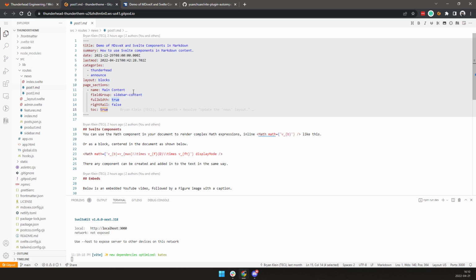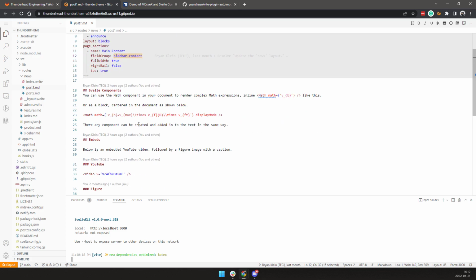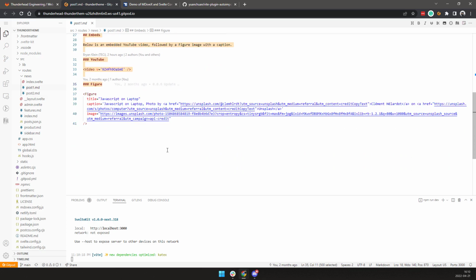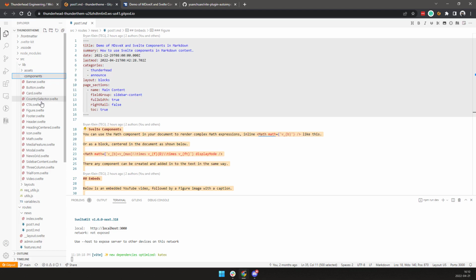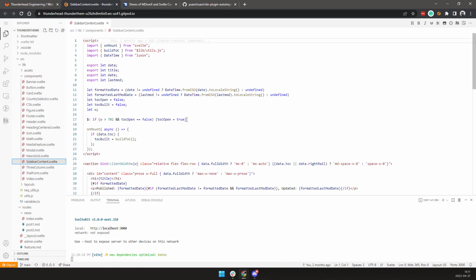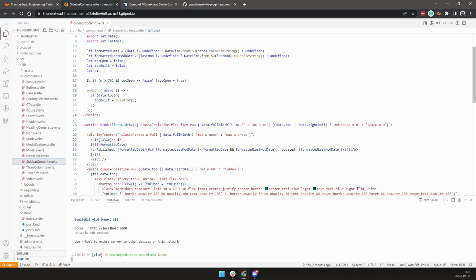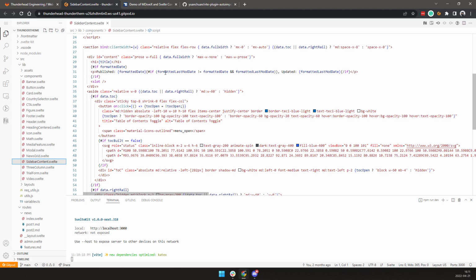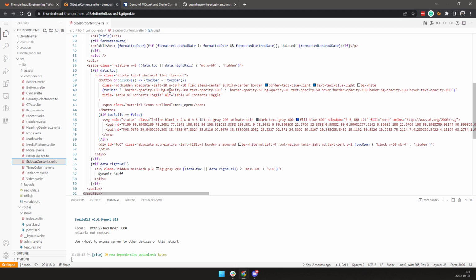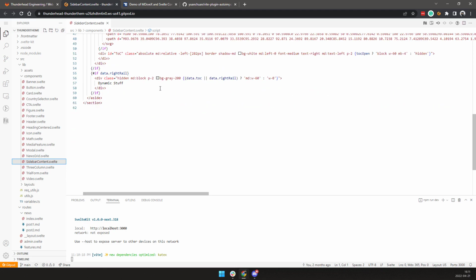So this is a component I made called sidebar content that lets me then insert the body, my markdown body, into a slot in the component. So if I take a look at lib components sidebar content, you'll see I've got some stuff here with date handling, exporting some variables, doing some formatting here, some on-mount stuff for table of content building. And then you can see here, yeah, there's a bunch going on in here, but fundamentally,